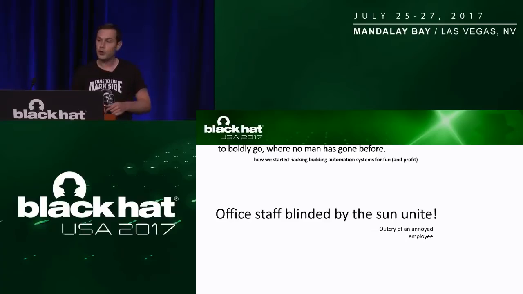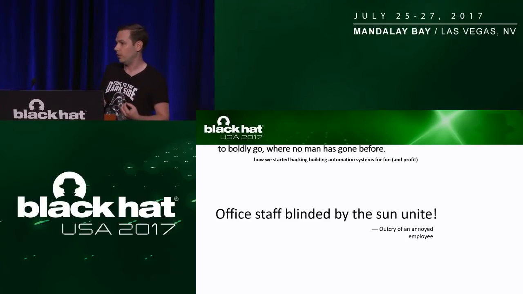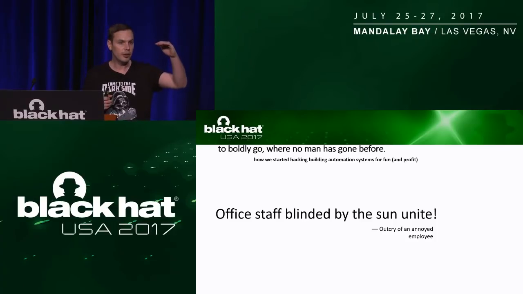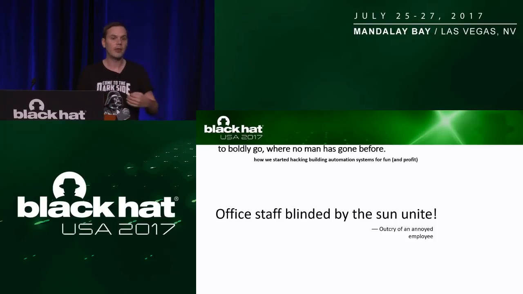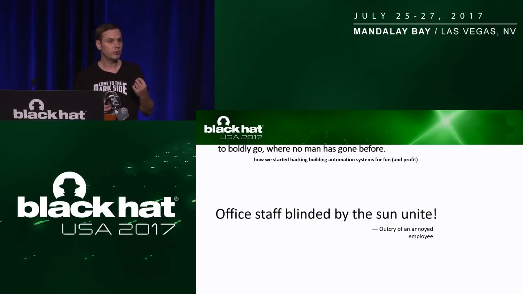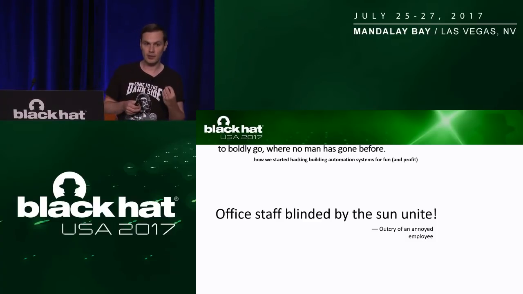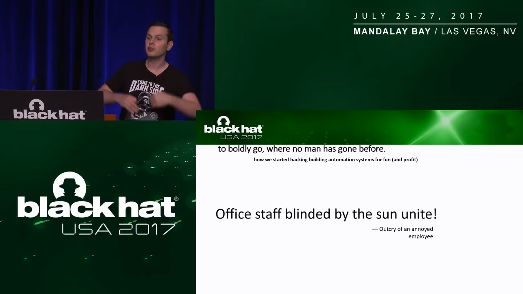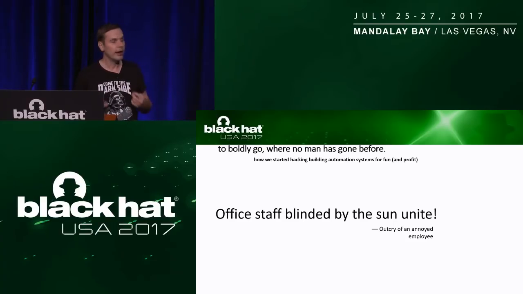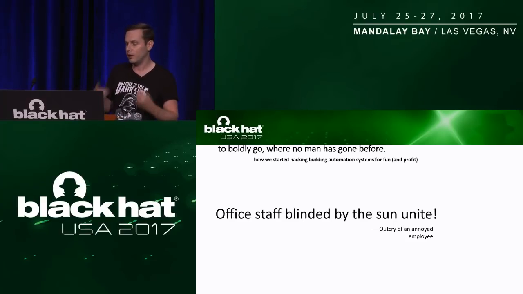So we had a serious issue in our office with our own building automation control system. In our office, we do have an automated sun shading system, like sun blinds. So if the sun is quite intense, shades go down. The problem is that this system is connected to a wind sensor, and the real issue is that this wind sensor is really, really sensitive. So literally, if somebody in the second next building farts, the shades go up again, and we got blinded. And that was the point in time when we decided, okay, we really have to take care of our own